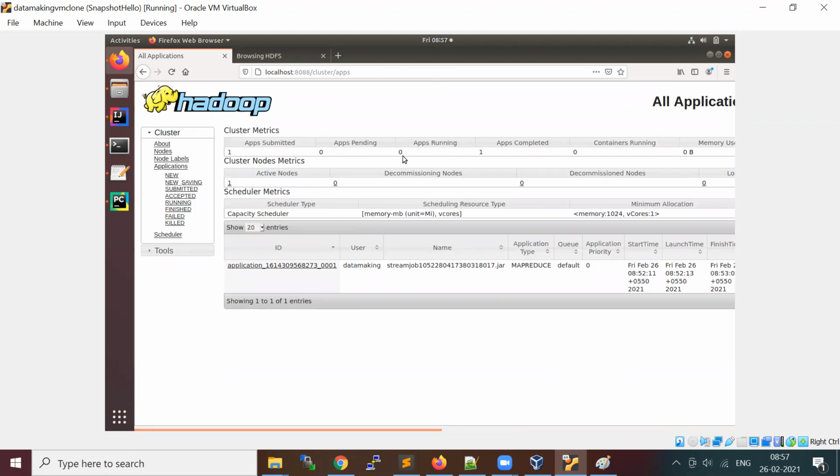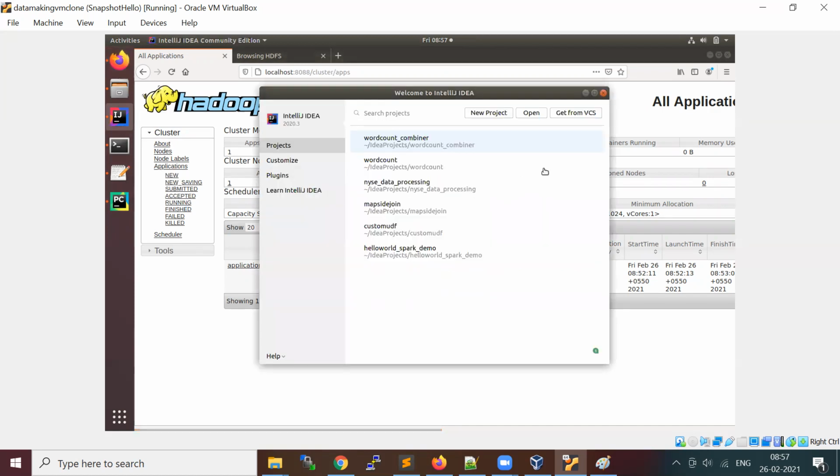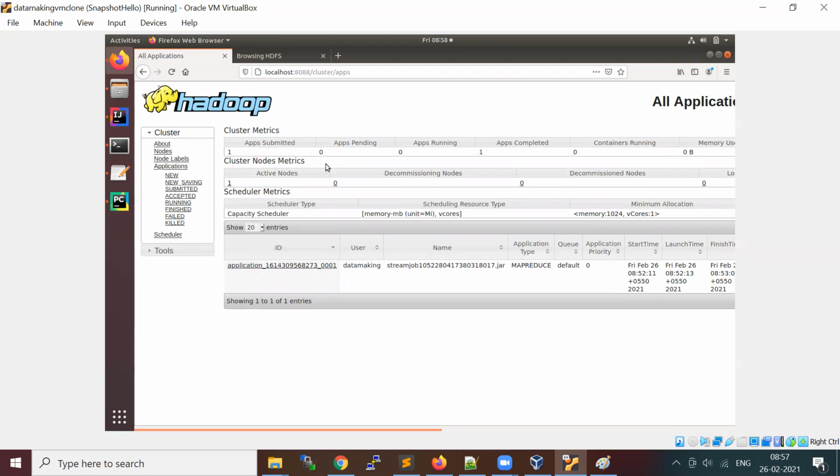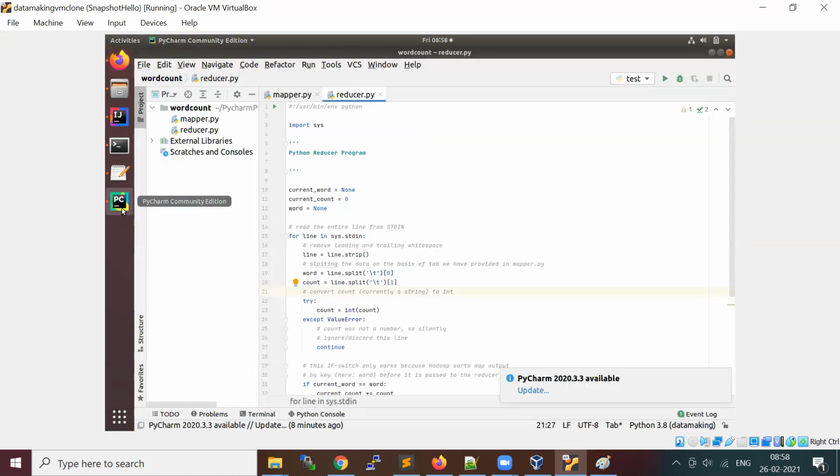Do you have any questions on this? About the output path: if it already exists, take a backup and delete it. Yes, we can do that. I'm not sure about Python; basically in Java we can do it, as we have a file system API.